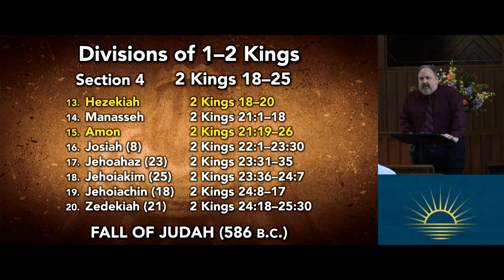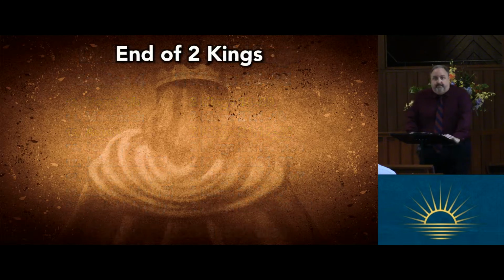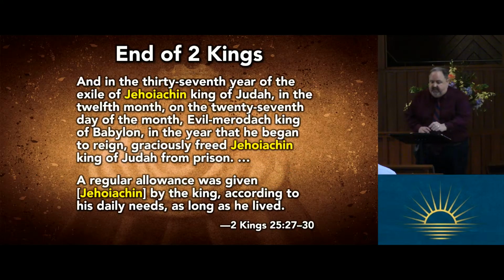You start looking at his sons. Jehoahaz was actually appointed by Nebuchadnezzar, because by this point, Nebuchadnezzar is in the process of defeating the southern kingdom. Look at these guys' ages. Jehoahaz, Jehoiakim, these guys are in their 20s. Jehoiakim, 18 years old. And then Zedekiah. Jehoiakim was very young. And we come to the end of our class.